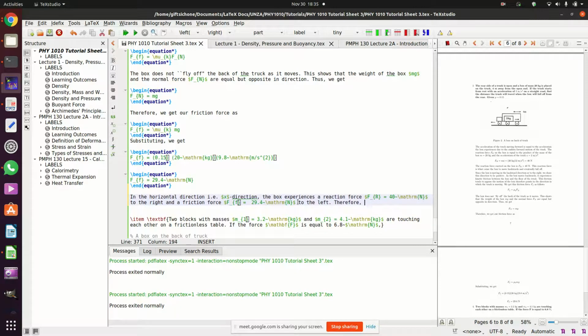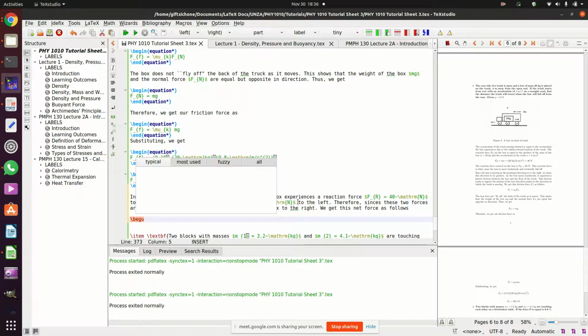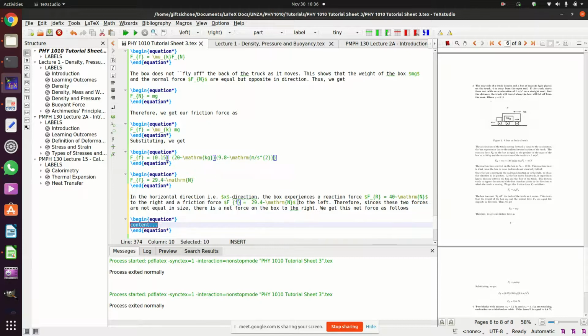Therefore, since these two forces are not equal in size, there is a net force on the box to the right. We get this net force as follows. So for us to get this net force, Fx is going to be equal to FR plus